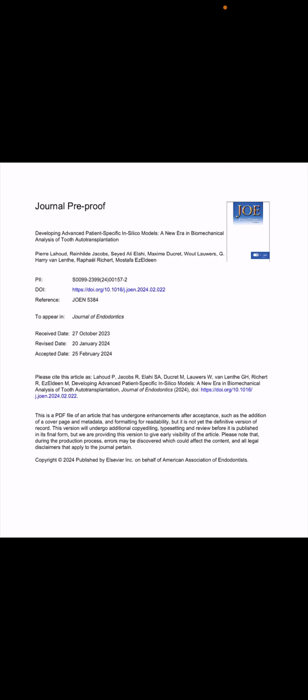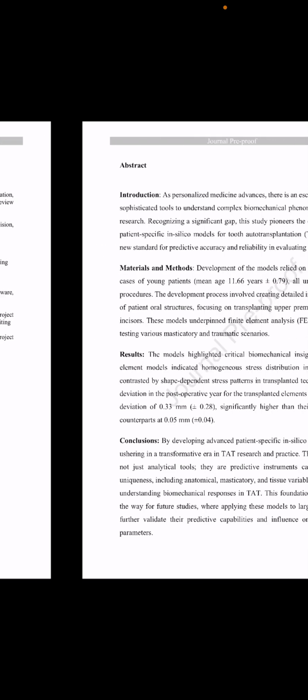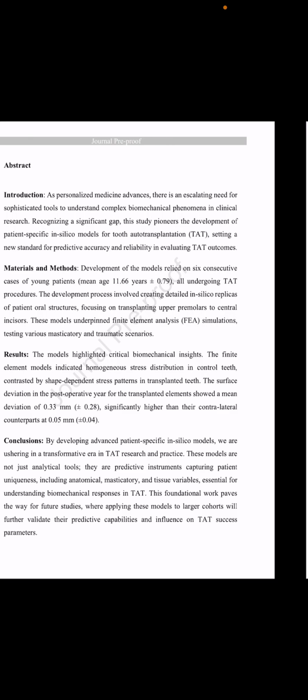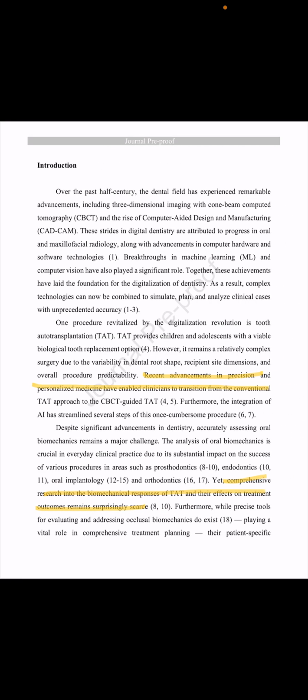Developing advanced patient-specific in silico models, a new era in biomechanical analysis of tooth autotransplantation. A Belgian group has pioneered this methodology, in which they study the function of teeth subject to autotransplantation and are able to study the stress and the biomechanics in relation to